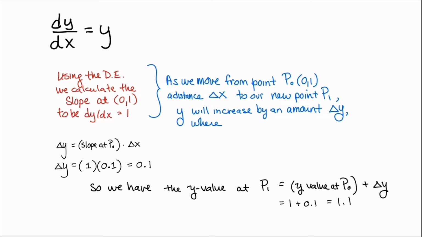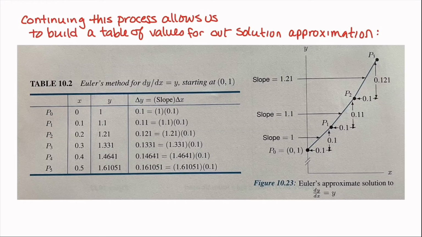So to the y value of 1, we add 1/10. So the y value of P1 is 1.1, or 1 1/10. So now we've moved from point P0, which is at (0, 1), to a point P1, which is at (1/10, 1 1/10). If we build a table of values, continuing this process repeatedly,